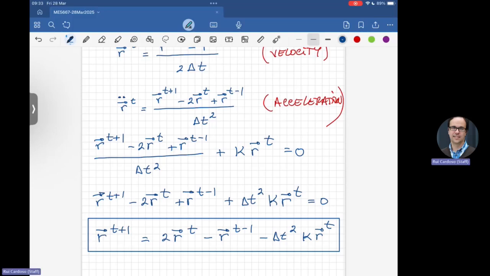But I need to know the position at the previous time step, t, and the position of even the previous to that previous. I don't know if this makes sense, right? This k is a constant. We already calculated this. This is the time increment. So we are almost ready to do